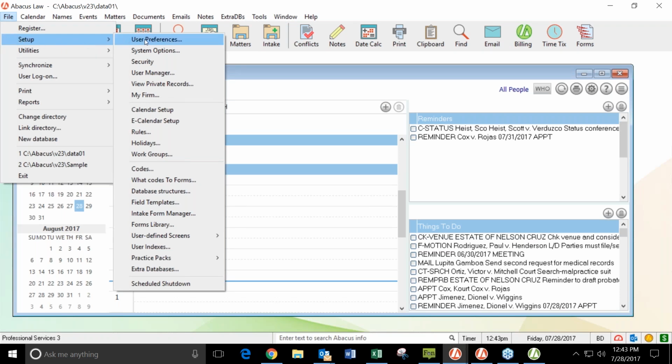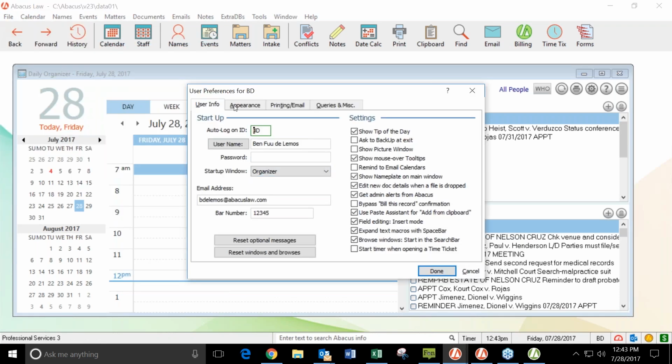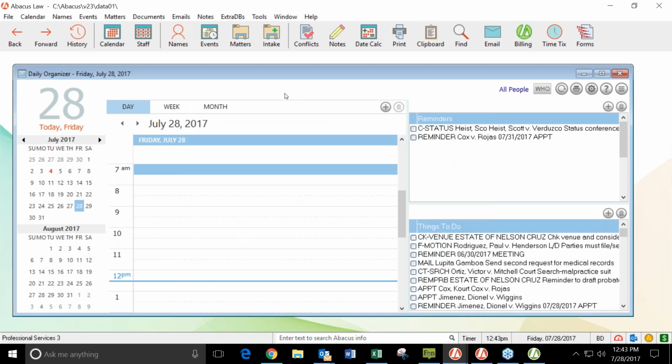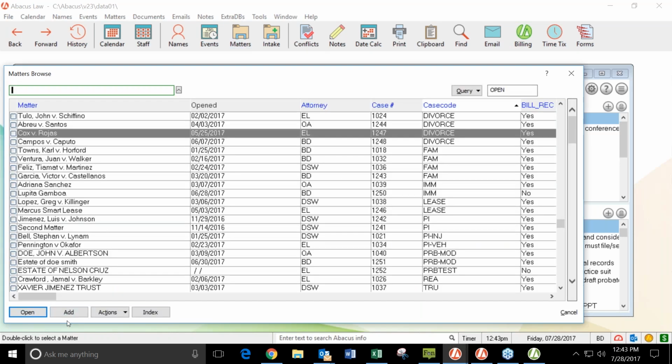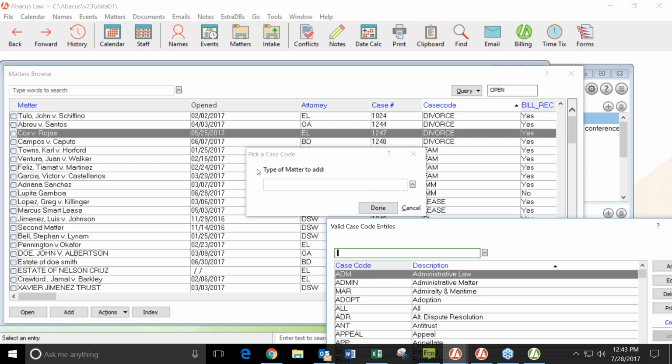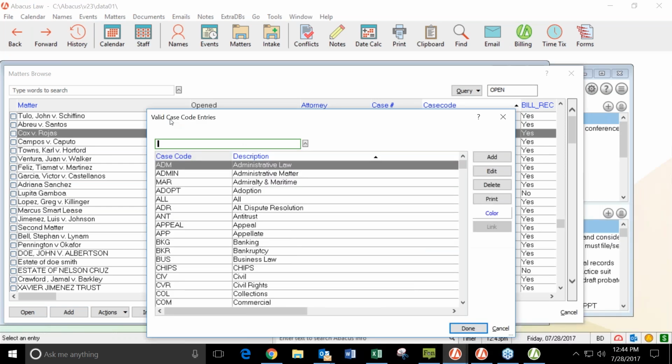Okay, you can have it preset under your setup user preferences. In the appearance, whenever you're adding a new name, it can prompt you for a class code, or whenever you're adding a new matter, it can prompt you for a case code. Okay, this is just your regular way of adding a particular name or a particular matter. Let me just show you what I mean by that. So if I go into my matters and I go to add, it's going to tell me to pick a case code. So as far as giving it a category, as I think what you're mentioning is,